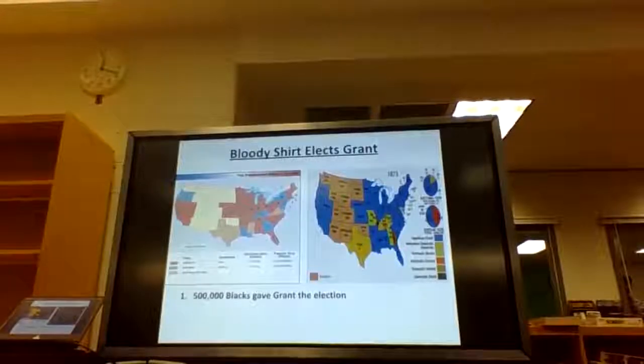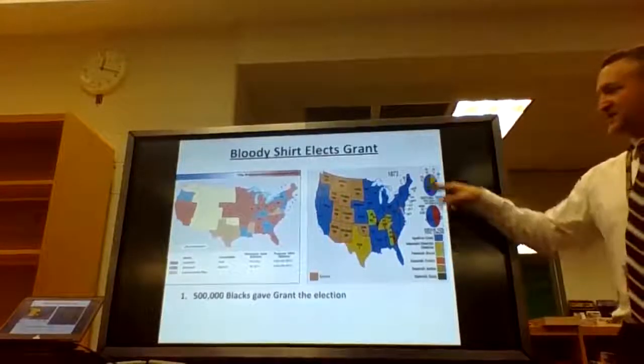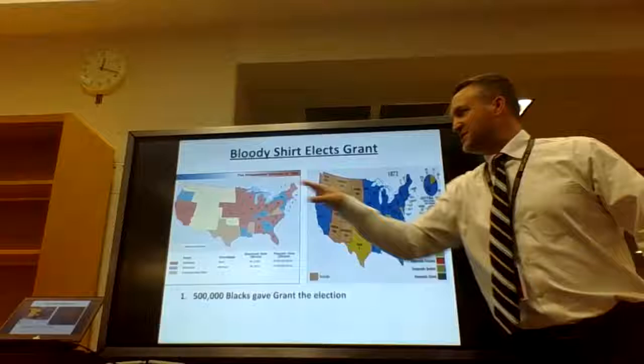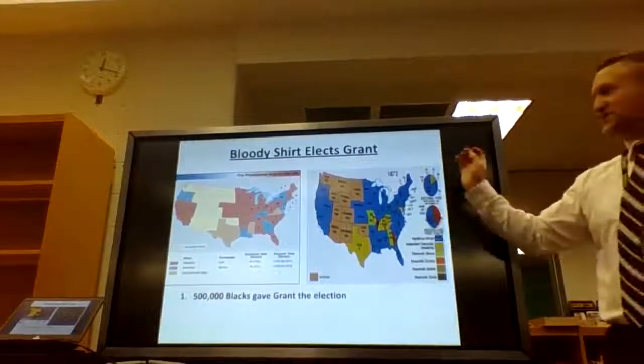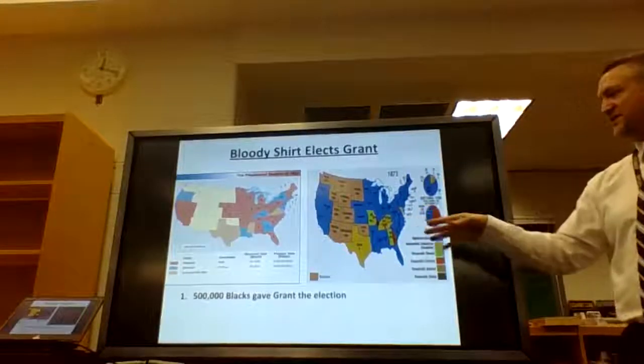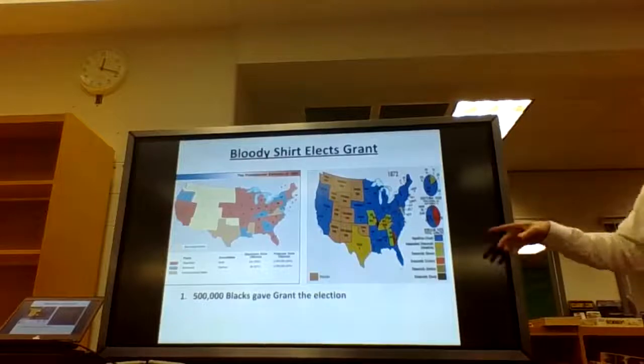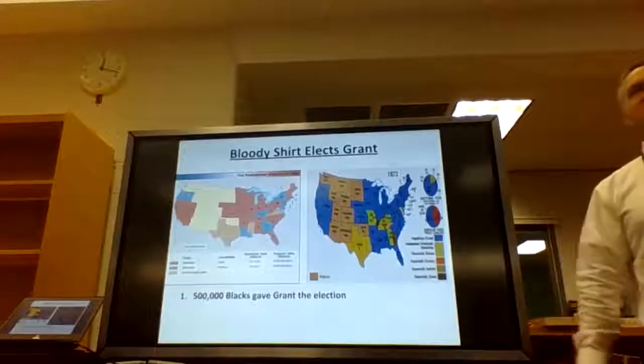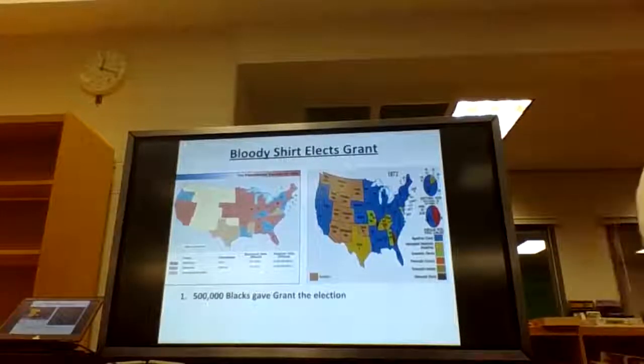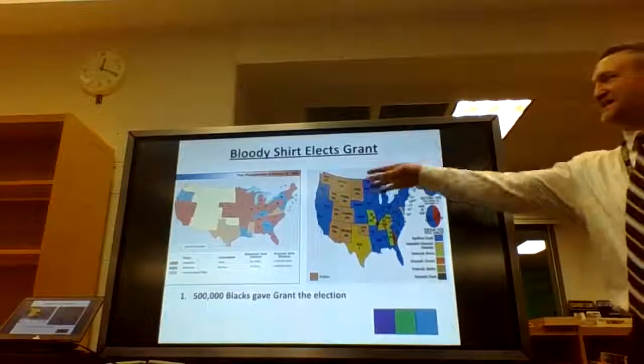4 years later, he's reelected. Grant is blue in this one. He's red over here. He's blue over here. You can see he wins Northern support. You can see he wins Southern support. The Democrats, we've seen this before, stupidly ran multiple candidates. If candidate A doesn't beat him, I bet candidate B will. And it rarely works. All you've done is split the Democratic vote. So he's elected and reelected.